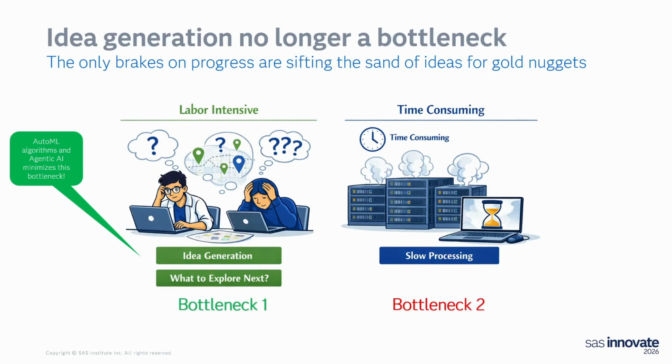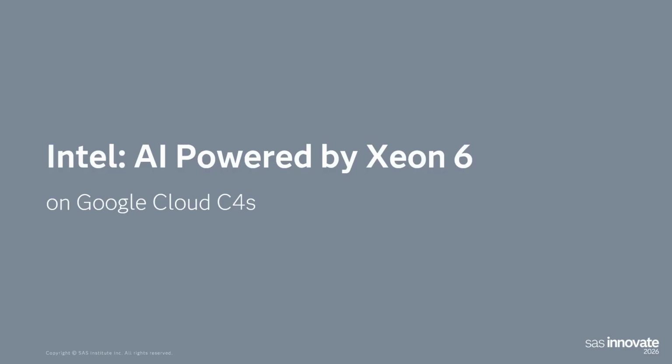You can, of course, give the agents inputs and put your thumb on the scale, but in general, you're going to have an endless line of really promising ideas to try. So the only real bottleneck that you're going to have is the compute. The faster that you can cycle through these ideas, the faster you can find the proverbial golden needle in the haystack. So really, this is the true bottleneck of science moving forward at this moment. And that's why performance is so key.